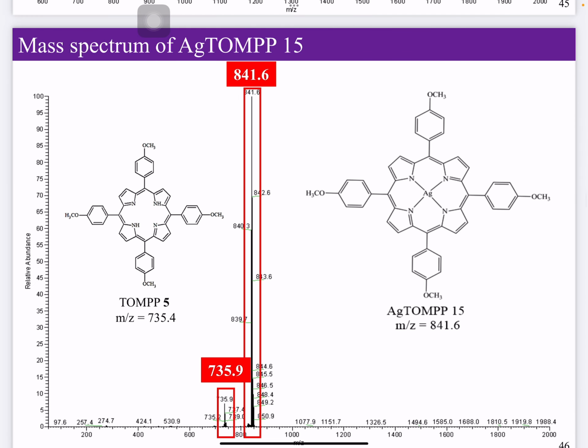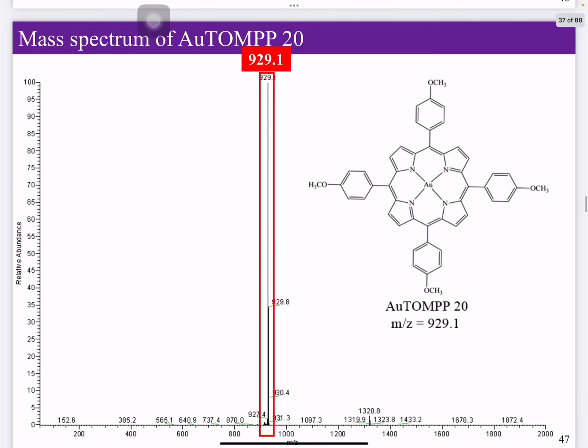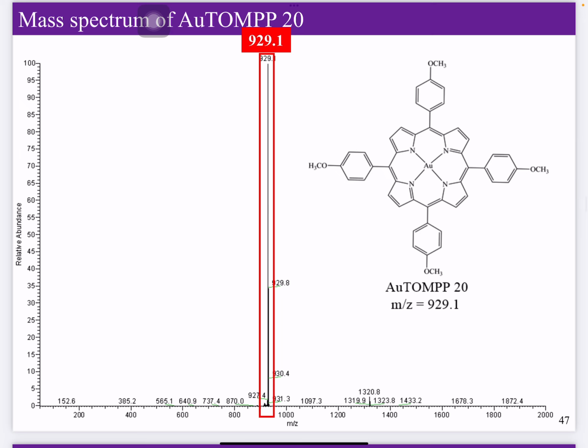Compared with silver, the metal bonds with the center more strongly than copper, and we found the mass of 841 as the major peak of the silver complexes. In the case of gold, only one peak, 929, represents that gold has a very strong bond with